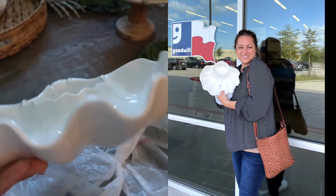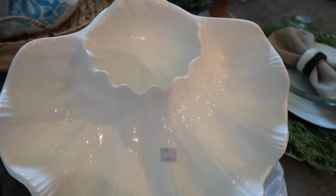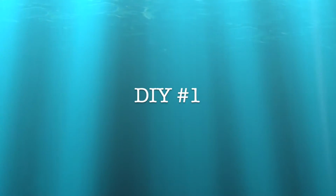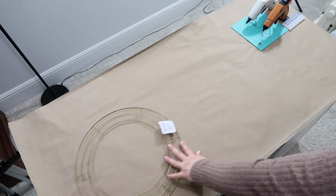So I picked this up at the thrift store, and I'm assuming it is a chip and dip bowl. So your dip goes in here and your chips in the front. So for the first project, we are making a super easy wreath. I'm going to be using this metal wreath because I already had it on hand, but you could use a